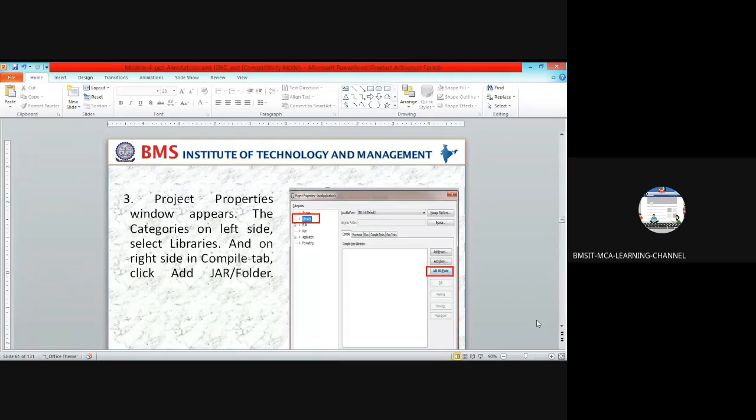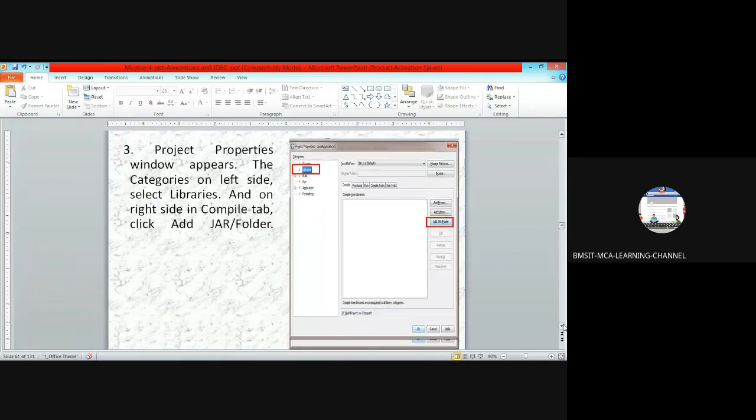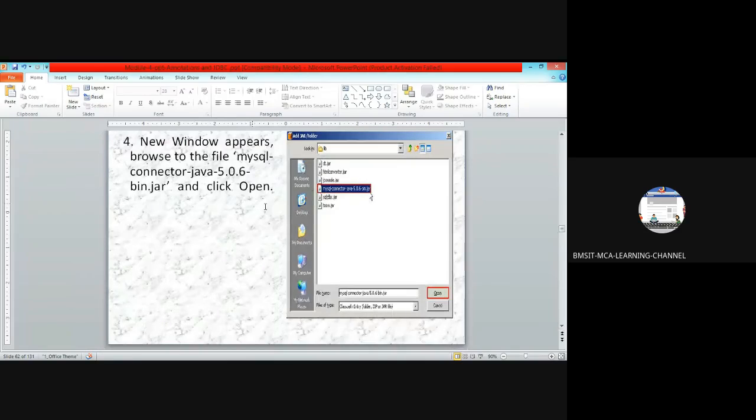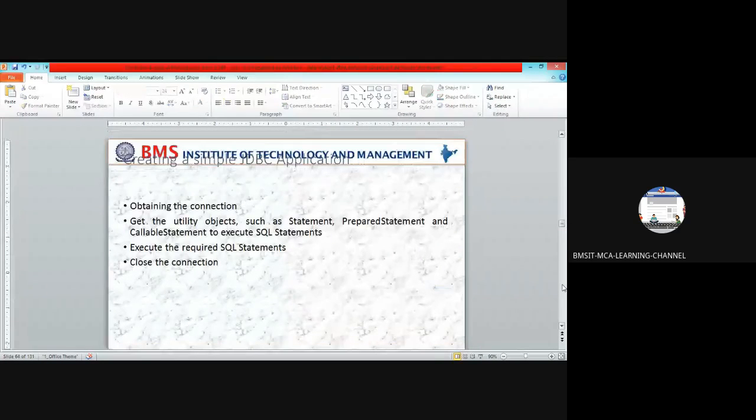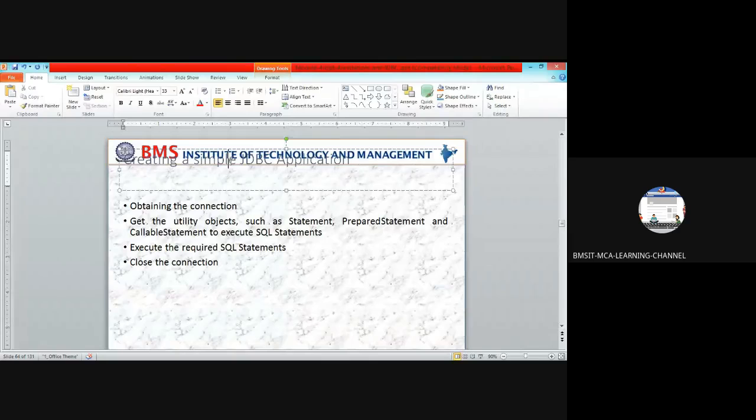When you select it, try to find where the MySQL connector is downloaded, click on that particular connector and open. It is going to be added to your project library. Step by step it is shown here. You can do that yourself.